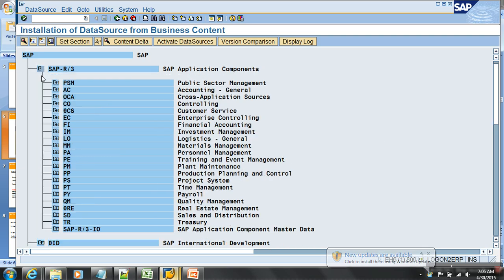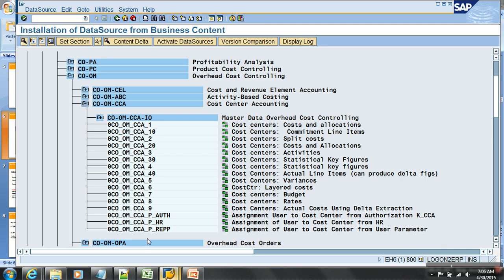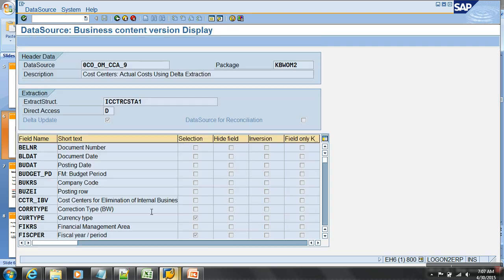and expand R3. Any data source, let's say you want to go with controlling, say cost center accounting, expand. You'll have all the ready-made data sources. Let's say I want to extract data from 0CO_OM_CC_9. Select this and say activate data source. After activating, if you want to do any customizations, normally if you double click, you have a ready-made extract structure,